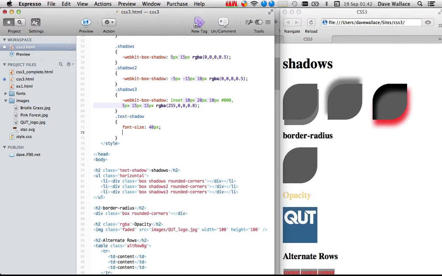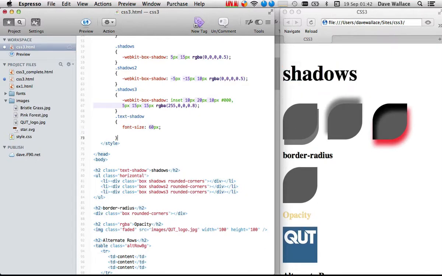So the style that we use to apply a text shadow, let's make it even bigger. The style that we use to apply text shadow is fairly obviously enough text-shadow, and this one doesn't require the prefix, and again we just give it the same type of values that we would to the box shadow. So we give it an X and Y offset and then a blur value and a color. So let's say 3 pixels right, 5 pixels down, 5 pixels of blur,